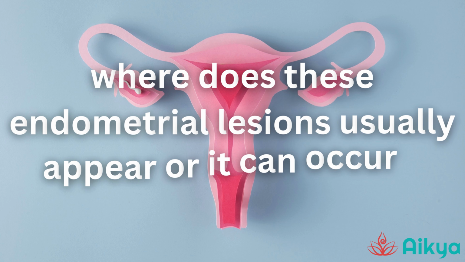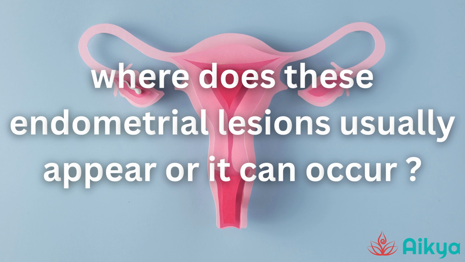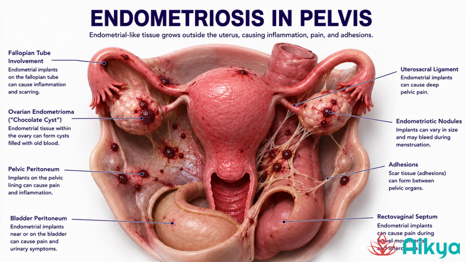So, where do these endometriotic lesions usually appear? It can be inside the pelvis. Most commonly, it's in the pelvis, that means behind the uterus. That is the uterosacral ligaments, ovaries, or the pelvic peritoneum. Most often, we see very, very small lesions immediately behind the uterus. That's why they have so much pain in and around the periods, and sometimes even difficulty and pain while passing motion. So they generally start behind the uterus.